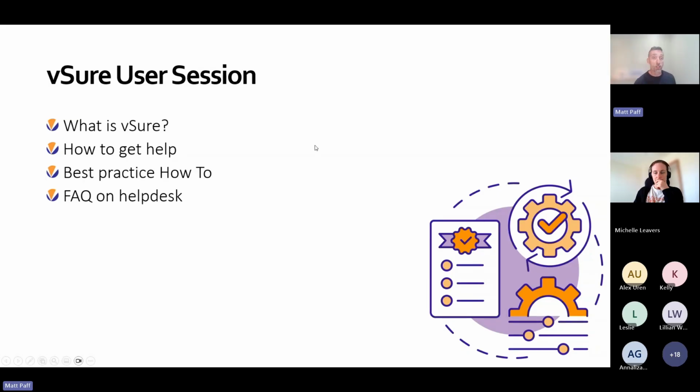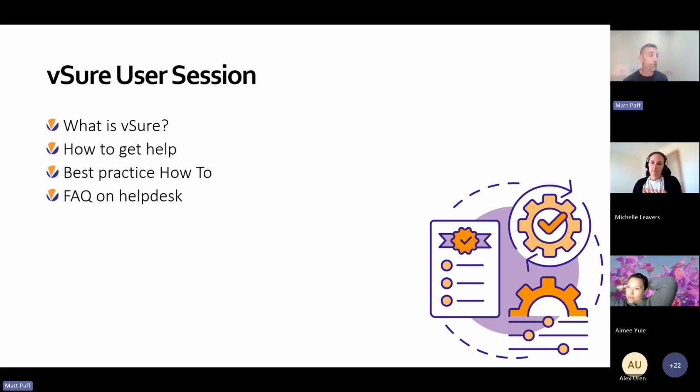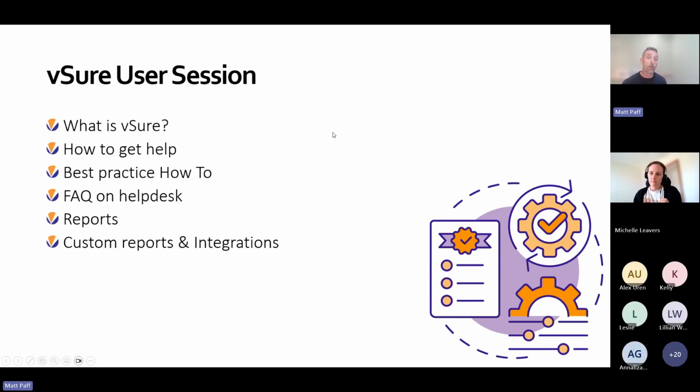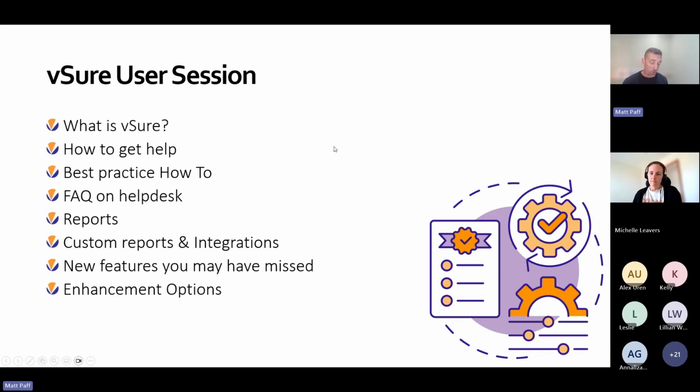We will cover off a series of FAQs, which are the most frequently asked questions of the help desk. And we'll jump into reporting, talk about various reports and how to get the information from the system that you need. We'll also talk extending on that into custom reports and integrations. We'll talk about some of the new features in the last few months that you may have missed. Talk about options to enhance your vSure that you may or may not be aware of,